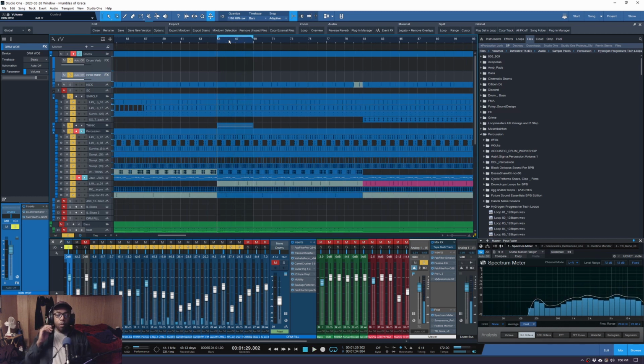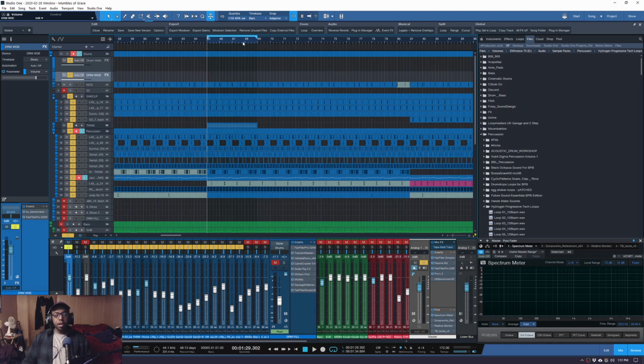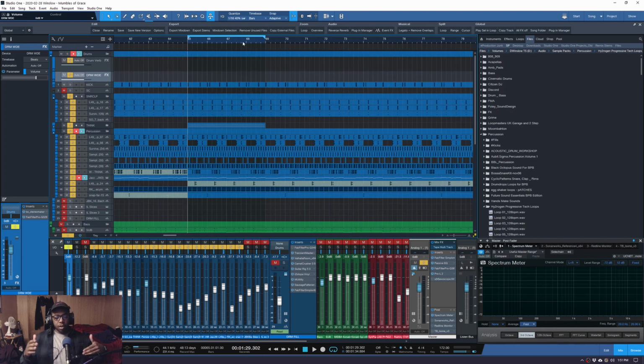And rhythmically, it's moving forward. There's a lot of swing. There's shuffles. There's syncopation. Having some loops come in intermittently instead of just constant helps add momentum and interest. And when it all works together,